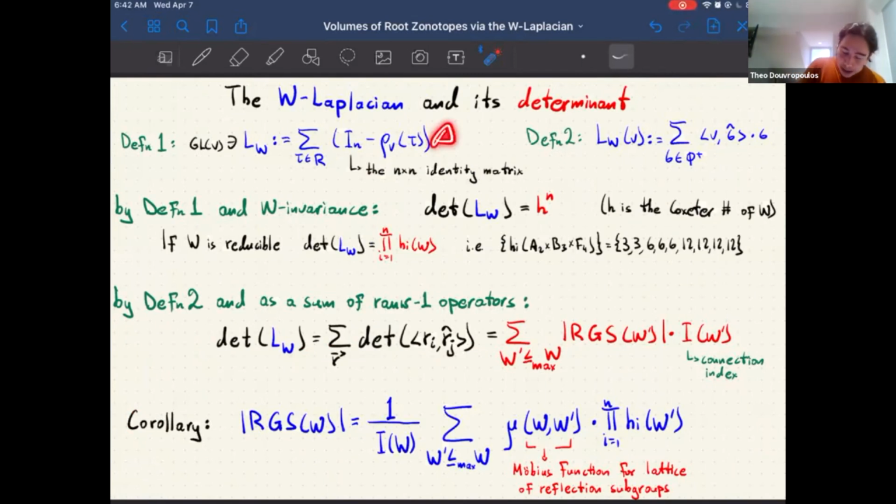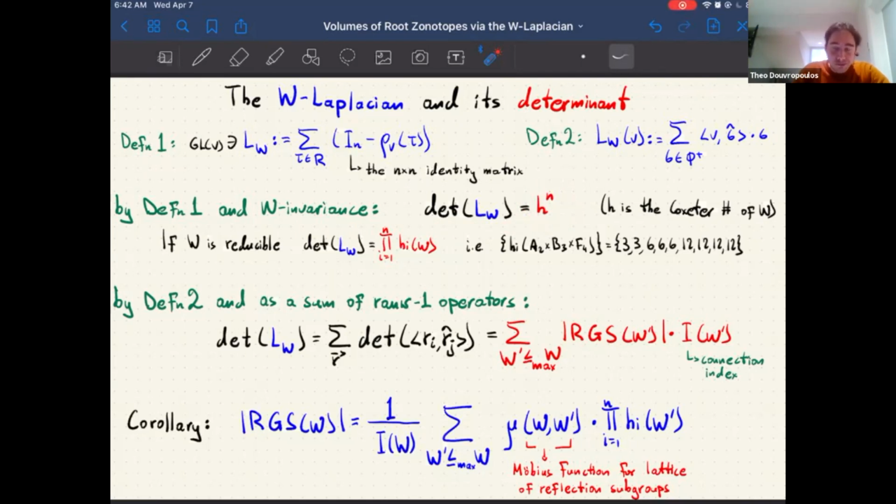So I wrote up again the 2 definitions just to be able to refer to them. I'm going to give you 2 important properties of the Laplacian matrix. This is in fact one of the coolest things that I want to advertise here, cooler than the formula for the volume, or more interesting. So if you calculate the determinant of the Laplacian matrix, you can do it many ways, but you have 2 ways that give you interesting results. So if you use the first interpretation here, it's the sum of the identity minus the reflection, then you're going to get that the determinant of the Laplacian matrix is equal to h to the n, where h is the